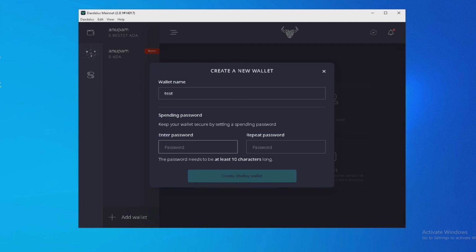We'll put something. So now see, you are getting an option to create a Shelley wallet. From now onwards, you can only create a Shelley wallet with a 24 words seed phrase.